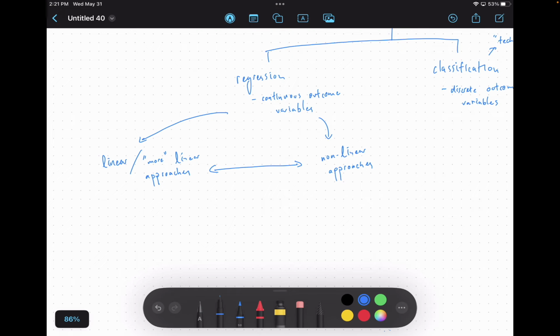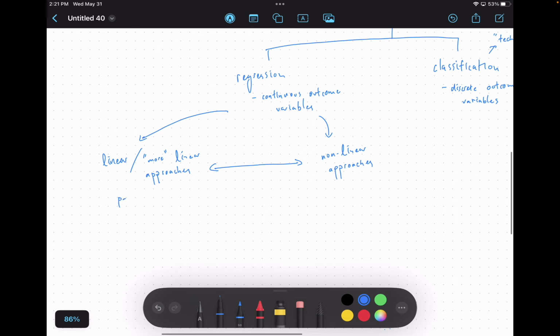And one of the ways that we think about this spectrum is where we go from parametric to semi-parametric to fully non-parametric problems. Okay, and so on the left-hand side of things,